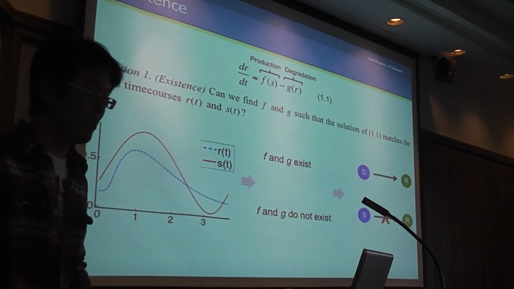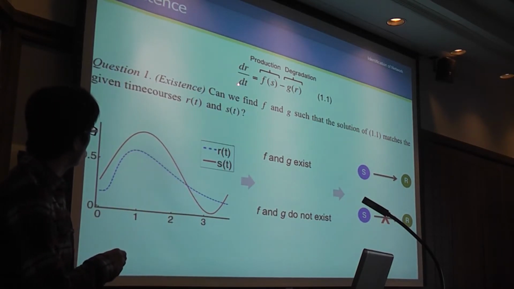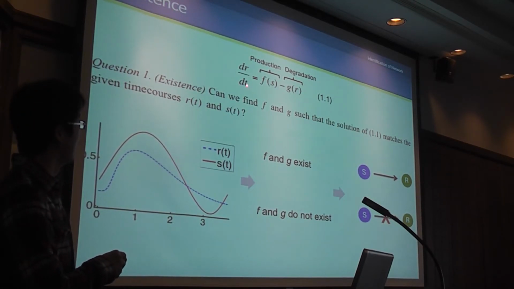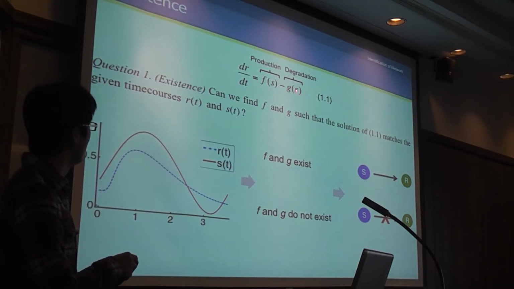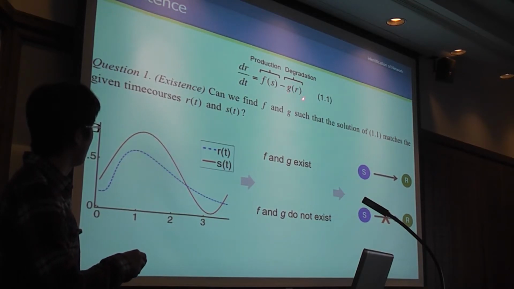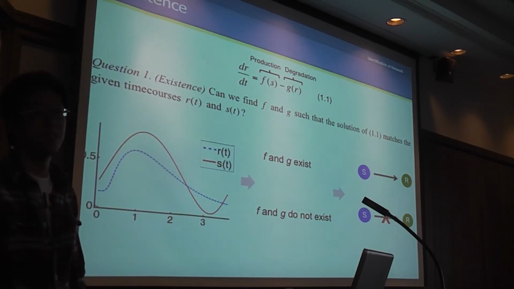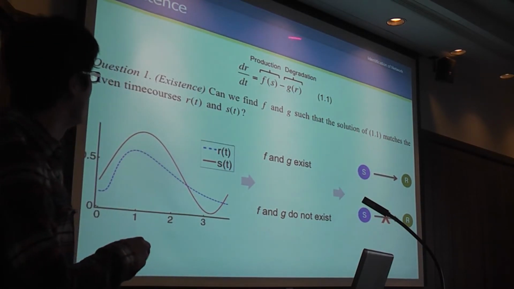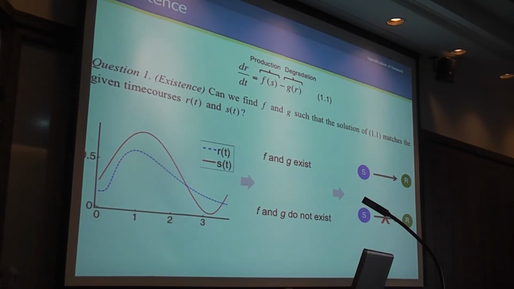So we can formulate this as an existence problem of mathematics. Here we use a very simple but very general model. The rate of change of our species consists of production and degradation. Production depends on another species S, and degradation depends on their own species R. This is a common model used in mathematical modeling. So what we do now is